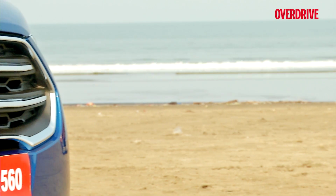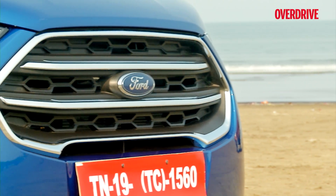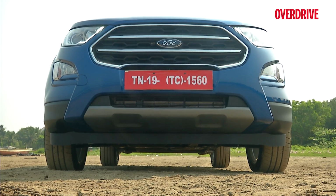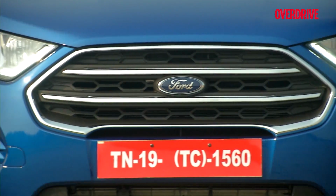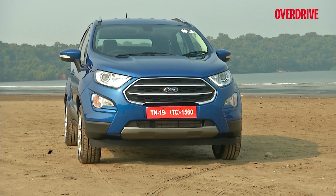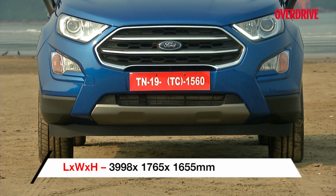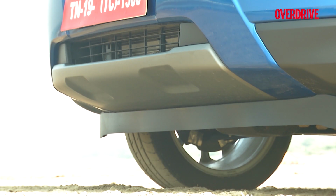The biggest design change is this bold new grille that adds a lot more muscle to the EcoSport's face. The grille has been moved up, it's bigger and wider, and of course, Ford's blue oval now takes its place of pride right in the center of the grille. The grille is flanked by a set of projector headlamps on either side now. The fog lamps are bigger and add more muscle to the face, while the scuff plate below the grille completes